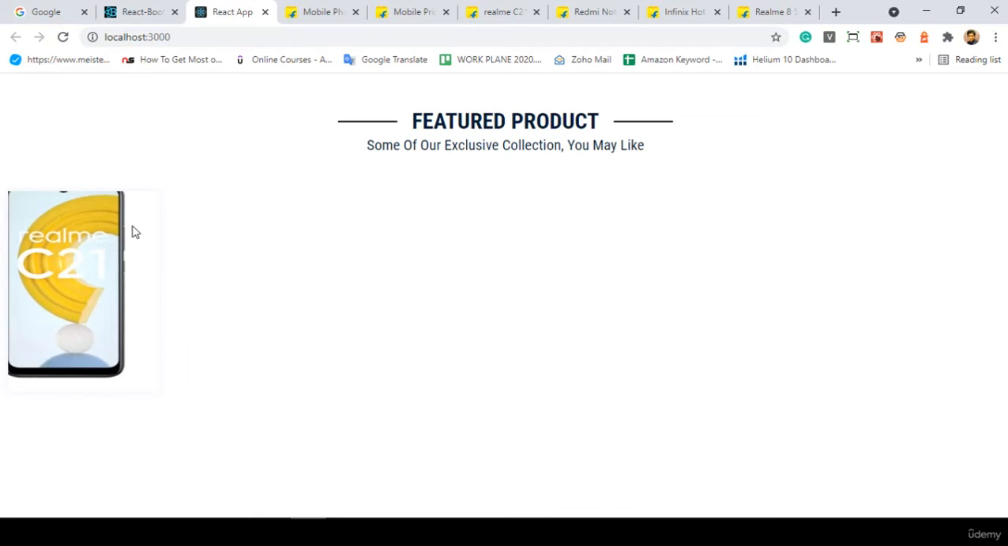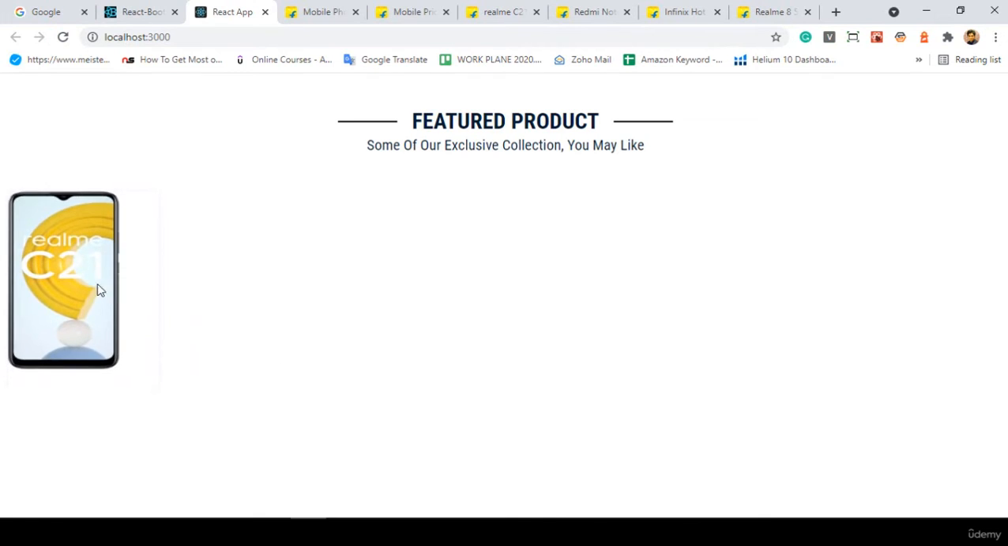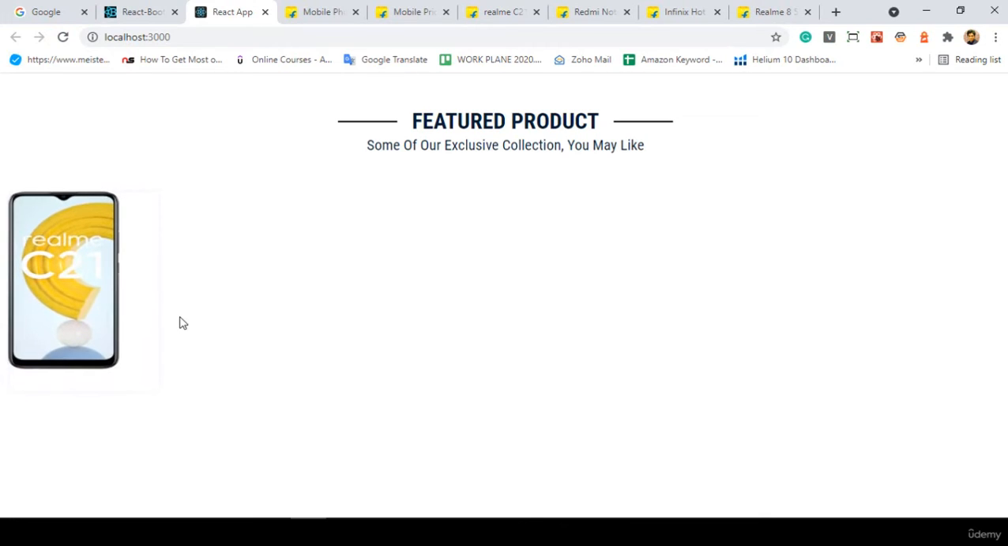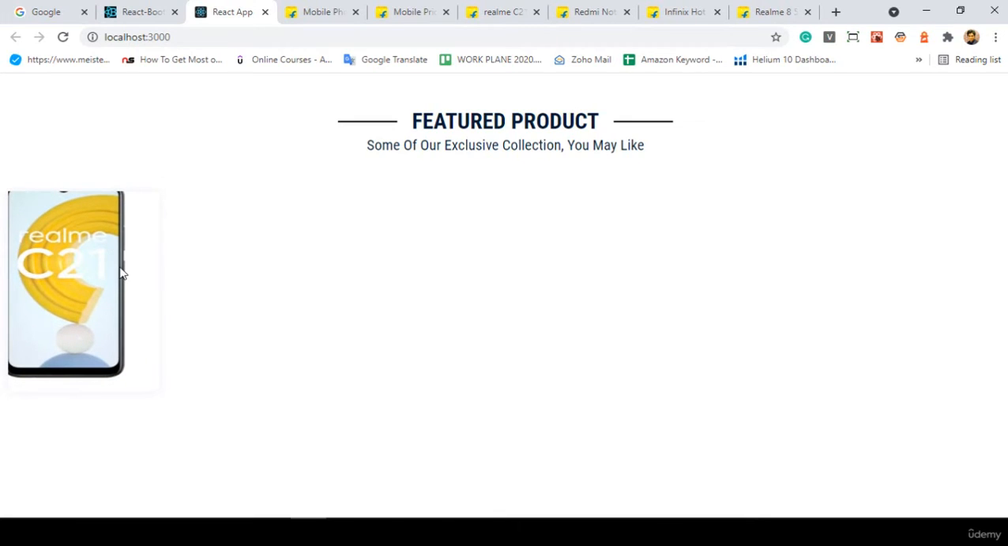Perfect. You can see there is one card, and then this image is visible. Okay, that means the product image is visible, which is totally fine. But here, that is our card. In here it's not centered, right? That means this image is not in the center position. So here I want to